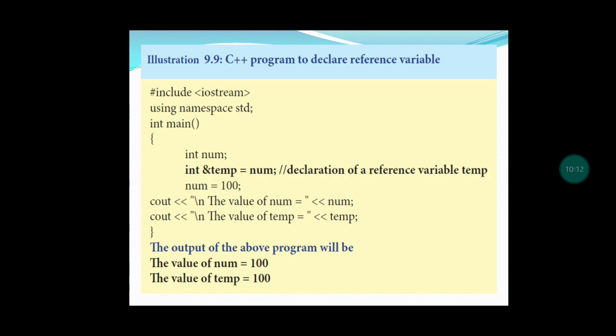In today's class, we have discussed variables and the declaration of variables, initialization and dynamic initialization and garbage values, and we have discussed the access modifier constant, and finally we have seen the reference variable. Next class we will go for another topic about the formatting options.